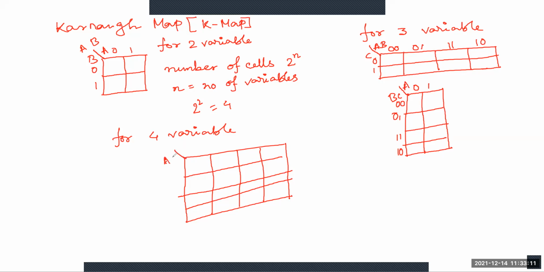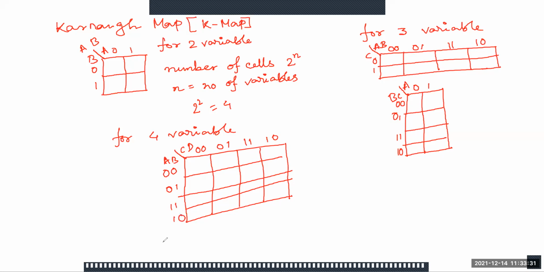Suppose this is AB and this is CD, and the initialization starts from here with 0 0, this is 0 1, this is 1 1, and this is 1 0. And again here also two variables, so this is 0 0, 0 1, 1 1 and 1 0. This is for the four variable.